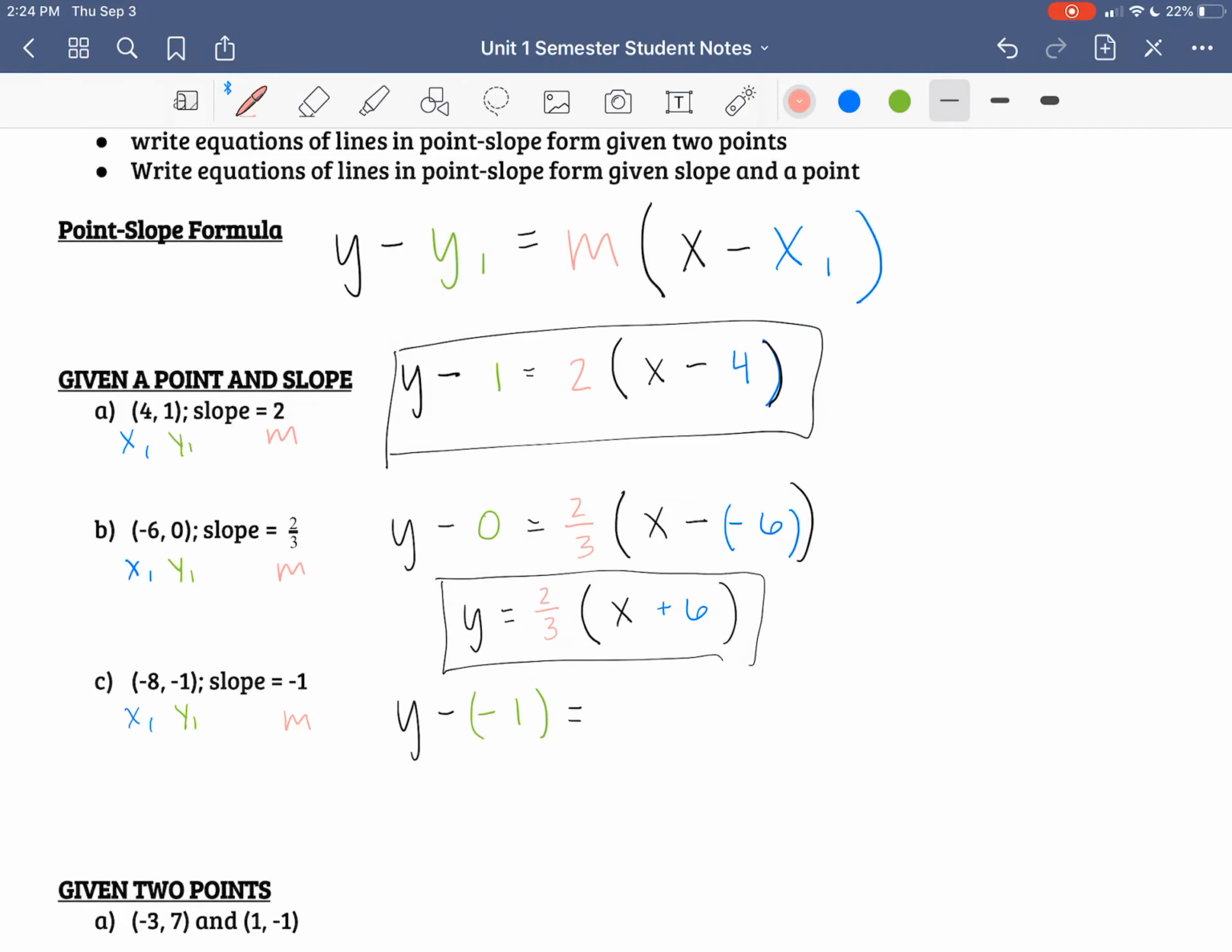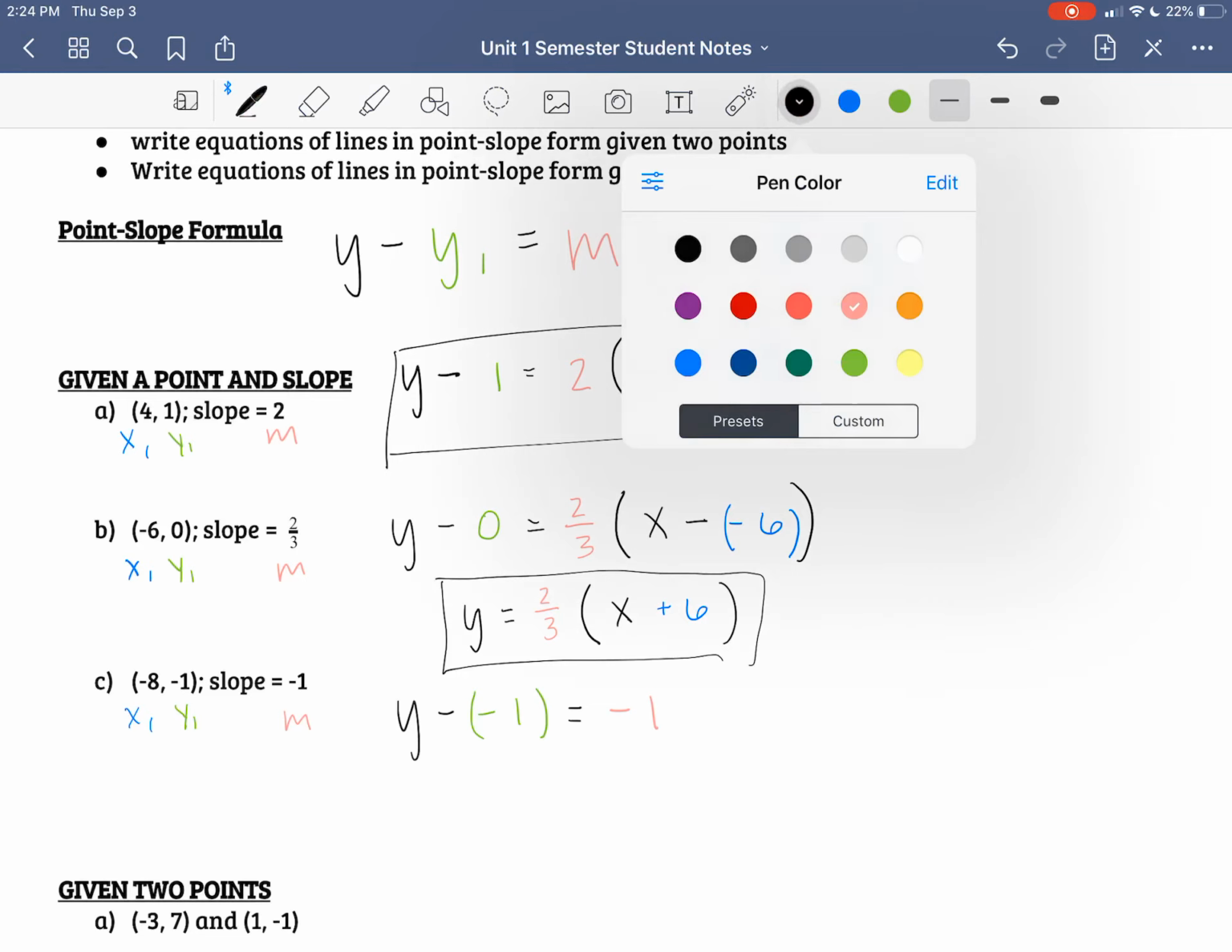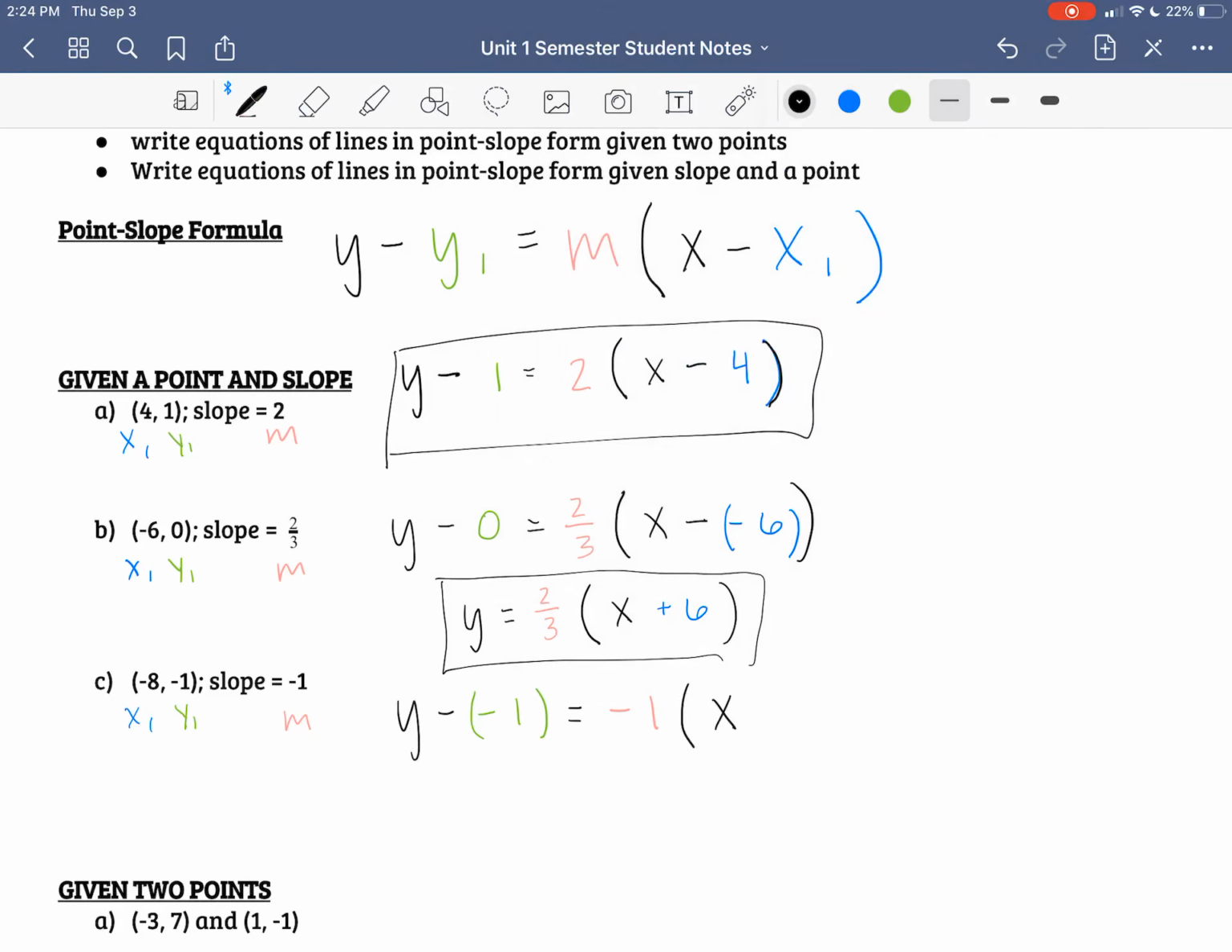Equals, my m is -1 times x minus, my x1 is -8. And again, using those extra parentheses when I'm trying to write double negatives. So I'm going to clean that up a little bit. The y minus -1, I'm going to change that to write it as y plus 1 because minus a negative